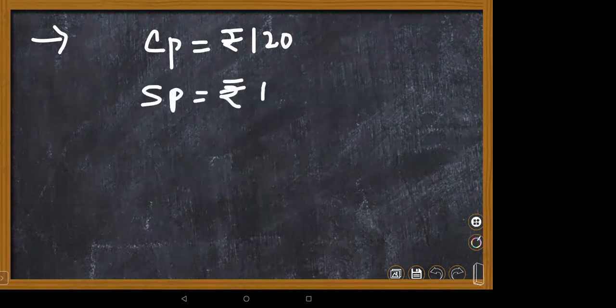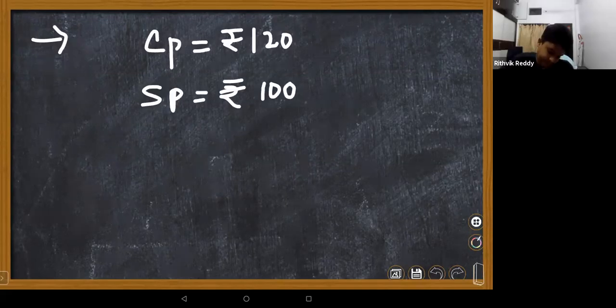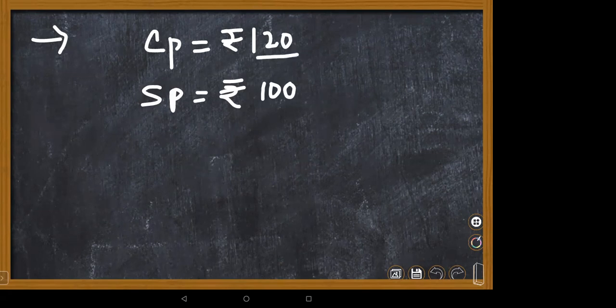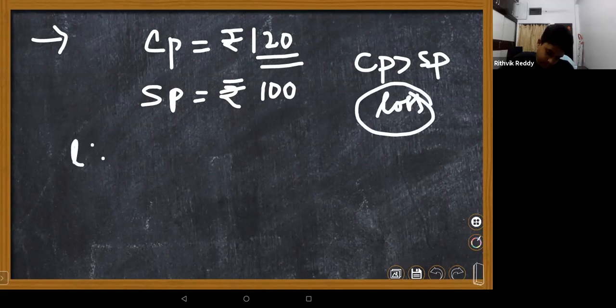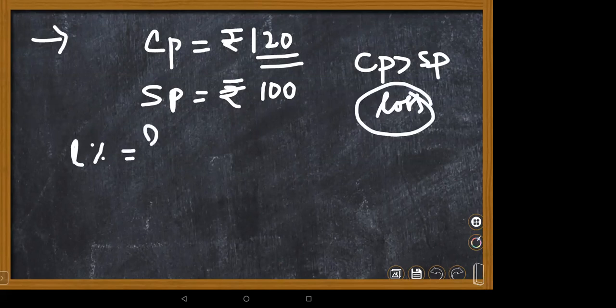By seeing only, whether it is profit or loss, I'm getting a loss. Very good. Why? Because cost price is more. CP is greater than SP by 20 rupees, so a loss will happen here. You need to find out the loss percentage, children. Come on, children, please do it. Ma'am, can you wait 2 minutes? Yes, I'm not doing it.